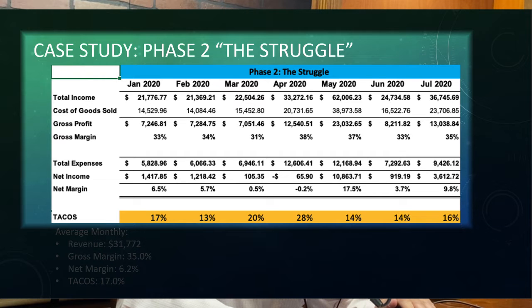Really, the only month that performed well was May, and this was kind of an anomaly month. And so here I was spending a lot. I had hired an agency. We had not gotten things dialed in, and I was really spending a lot on PPC. From a revenue standpoint, you may look at this and say, hey, this is a really good business, but you get down into net income and there's not a lot of meat on the bone.